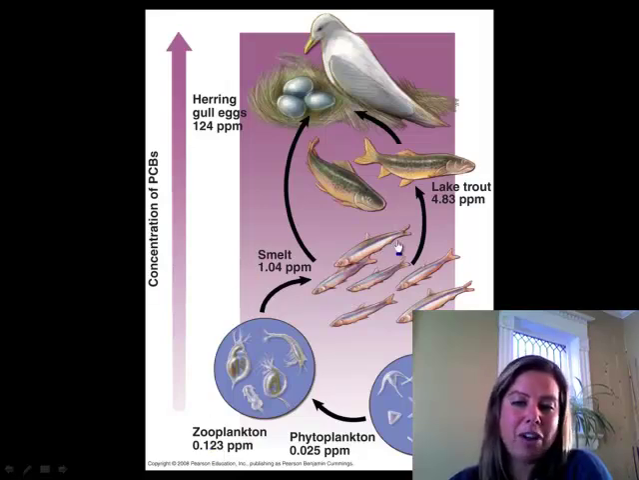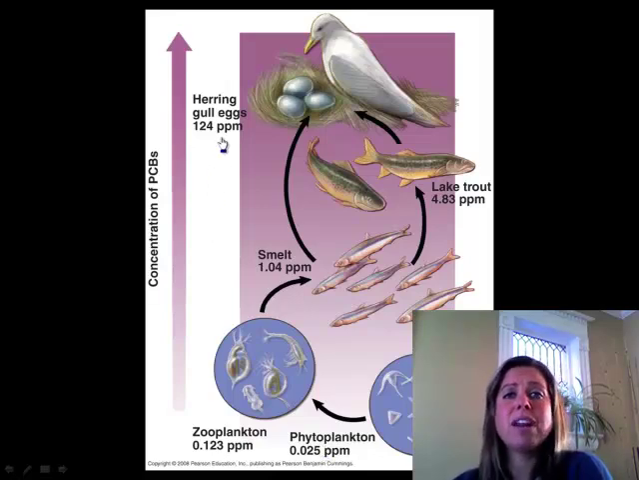Now these fish come along and they eat a whole bunch of these. Now you can see it's jumped up a ton. So when you get to the top of the food chain, look at how high that is from where we started. So that's going to be biomagnification, and that's what happened with eagles,